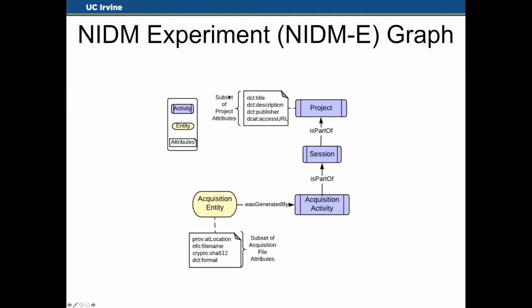And so we have a subset of project attributes at the top. That's a DCT title, and if that's a URI or an IRI, and if you were to dereference that, it would take you out to some terminology resource that would tell you what we meant by the information that follows, and in this case it's a title or a description or a publisher or so forth. And so if you follow these basic principles, you can build up some complicated graphs